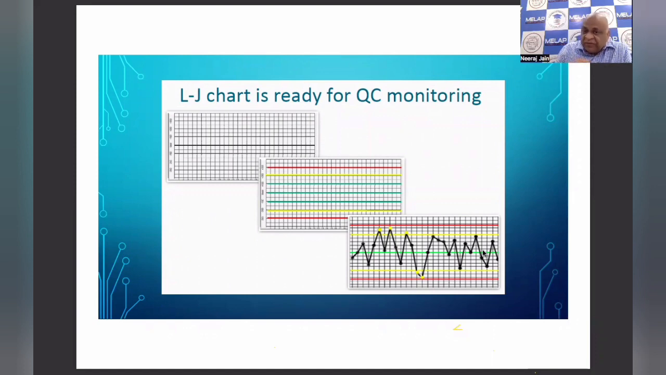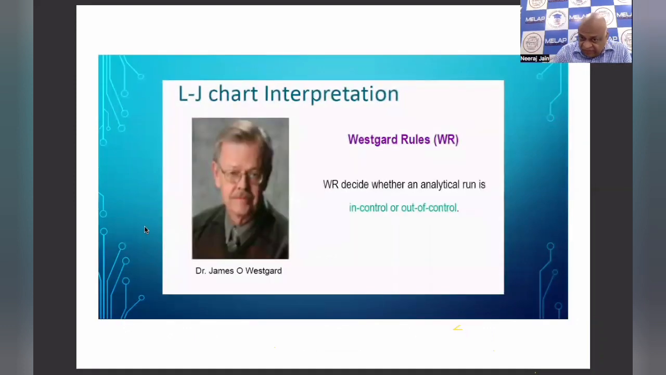how you will accept the result. Suppose you are getting a value 106 for glucose today, whether this is acceptable or not. You have to develop acceptability criteria. What did he say? He said, Dr. James Westgard,